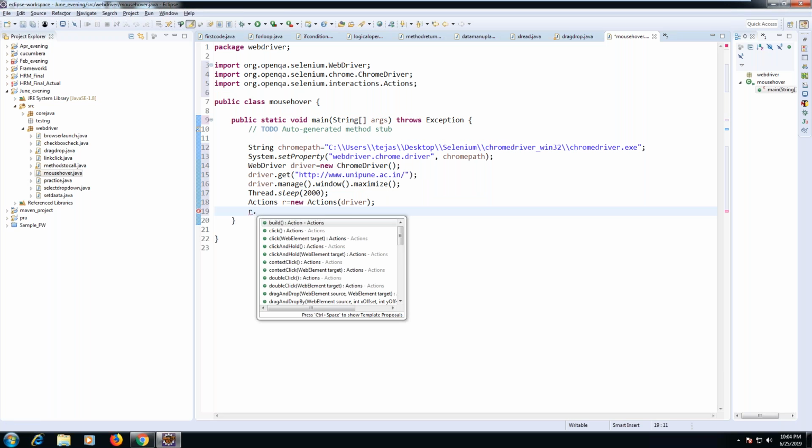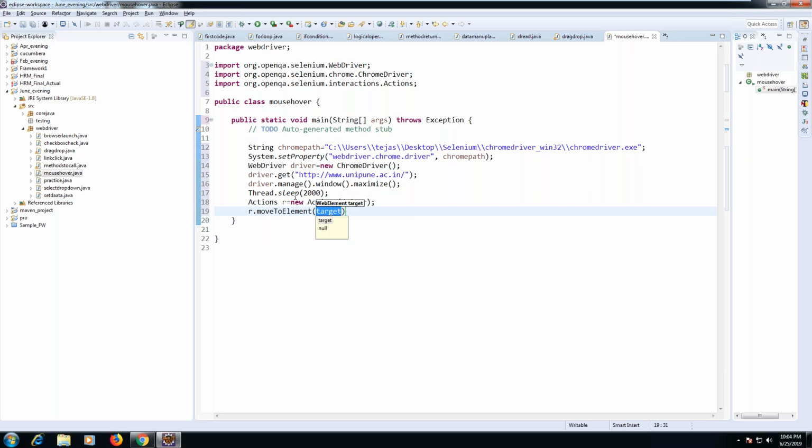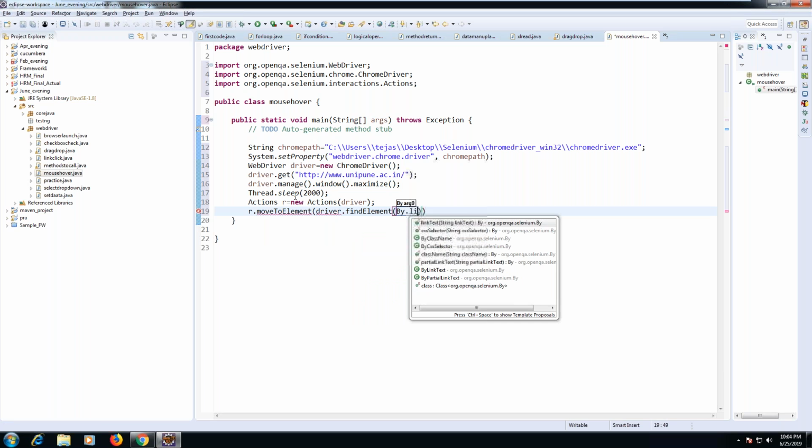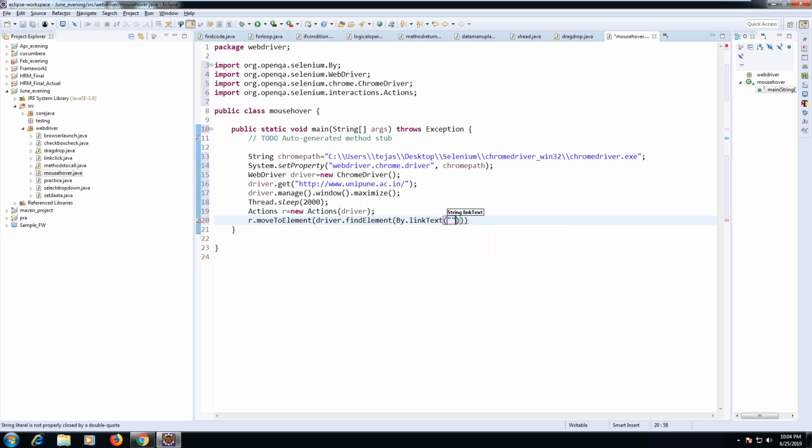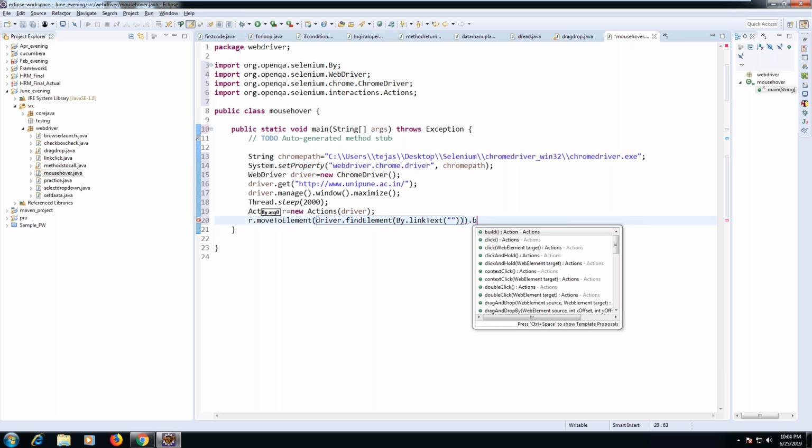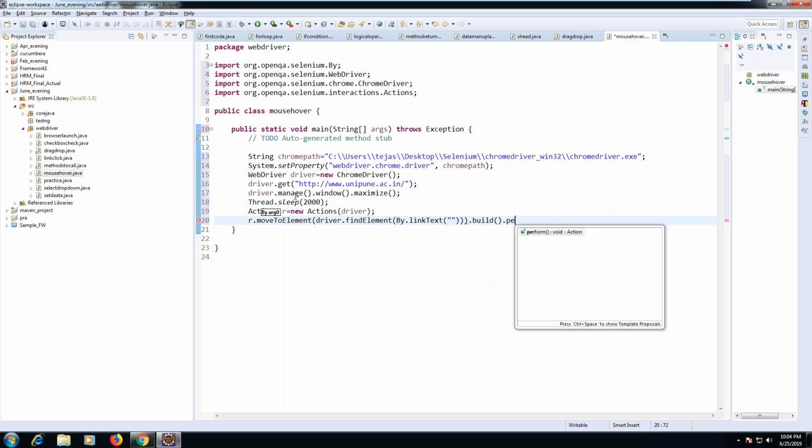So actions dot what? Mouse move to element. What is the element? Yes, there is an element. Driver dot find element by dot link text, dot build dot perform. My text name is BOD, which is the link